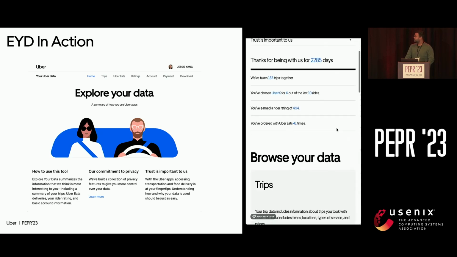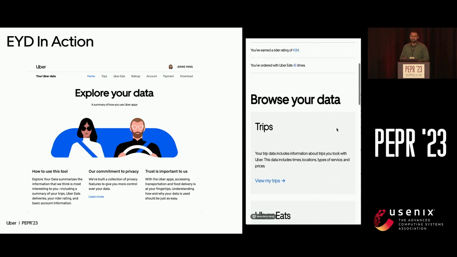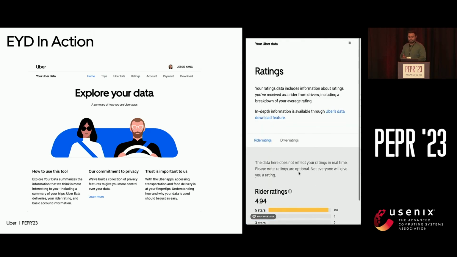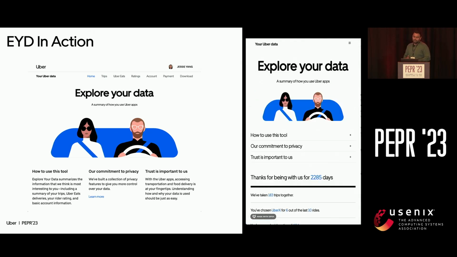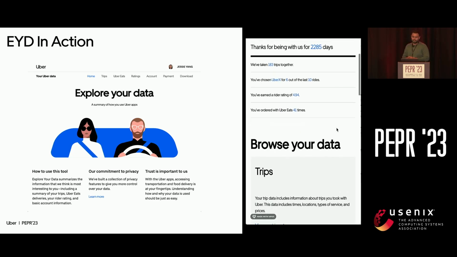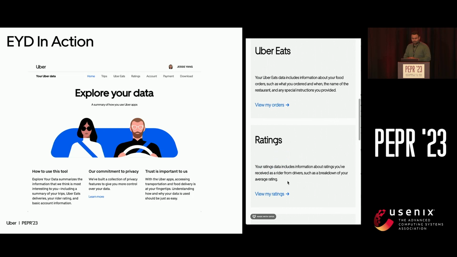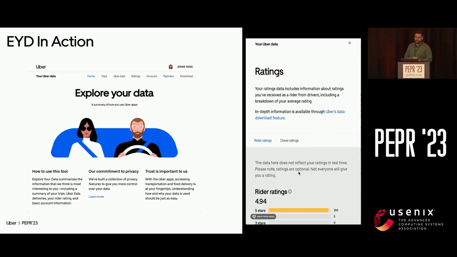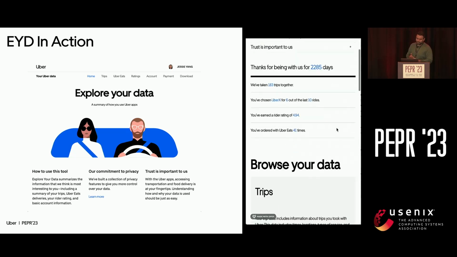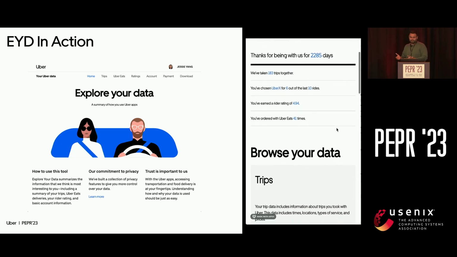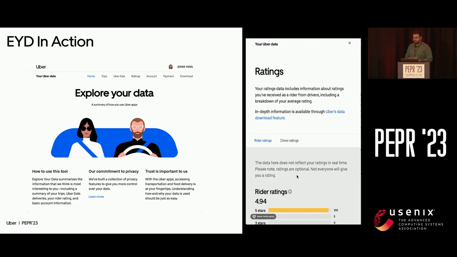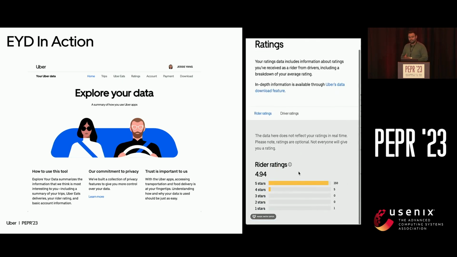So what does UID have to offer? With UID, users can find knowledge cards on how to use the tool and Uber's commitment to privacy and trust. Users can find insights like how many trips or deliveries you have done, details of the trips, number of Uber Eats orders, and ratings. This is something that actually went viral on TikTok a while back. It's a breakdown of your ratings, basically. FAQs on data like in what situations Uber shares your data, how can you delete your account, to name a